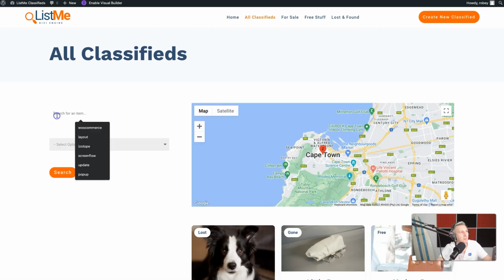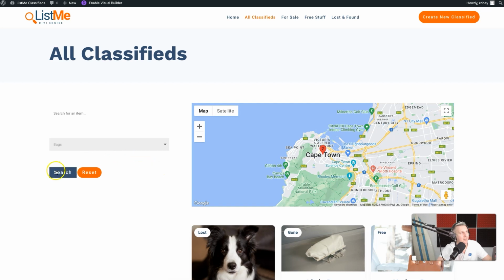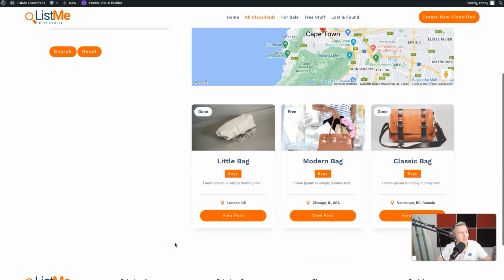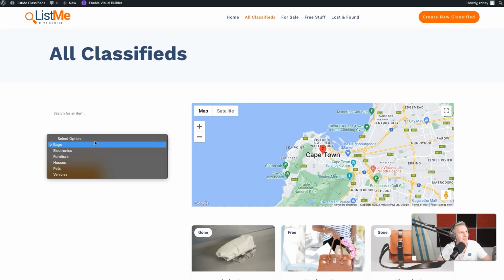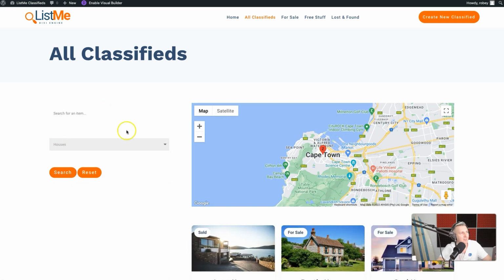Okay, cool. So we've got a search field here. If I select bags and hit search, we haven't activated the Ajax search function. Oh, look, only bags come up. That's a really good start. Now, if I select houses, for example, and hit search,